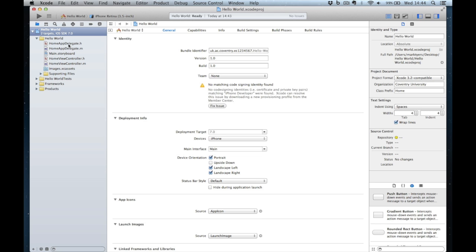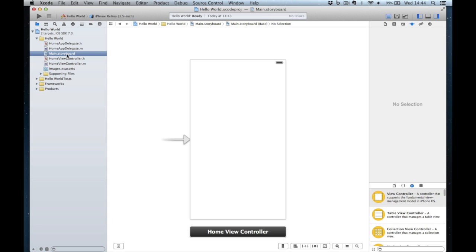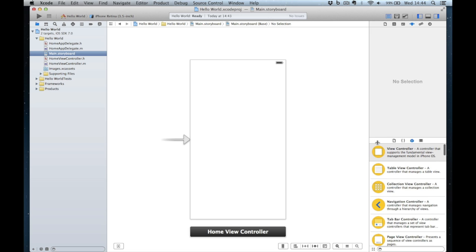Two files which are given, which you'll very rarely touch, are the app delegate files. Very rarely do anything with those. But underneath that, I have a file called a storyboard file. And this storyboard file is my user interface, or my view. So if I click on here, I can see there's my phone screen, and I can add controls to this now. So in this example, I'm simply going to add